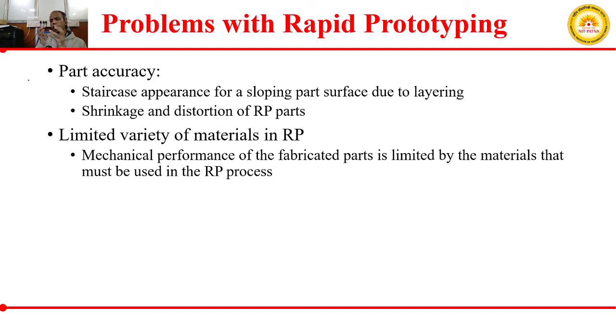At that time, we will discuss in detail the working principle of each technology. What is the current work going on in each of the processes like FDM, SLS, or SLC, whether the work is going on in metal type RP technologies or polymers. Okay, so that detailing we will be doing. What are the difficulties? What are the major application areas? And what are the areas where one can do research? These we will be discussing one by one from Monday onward.